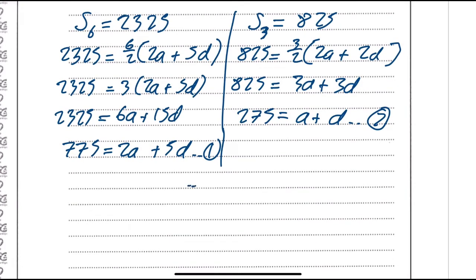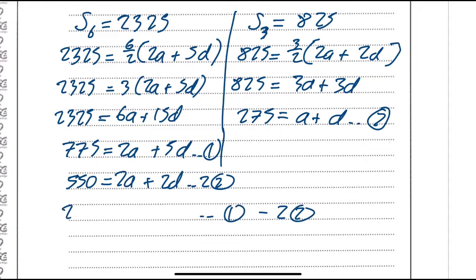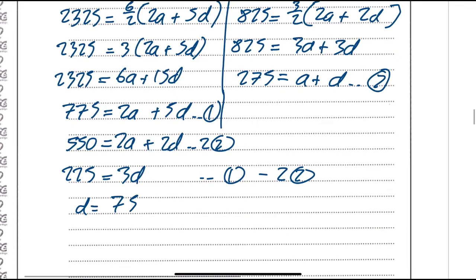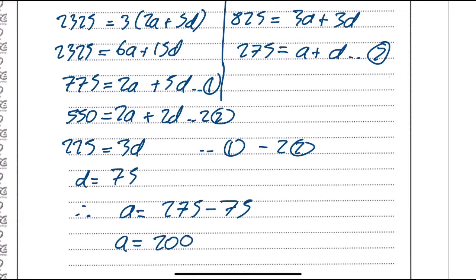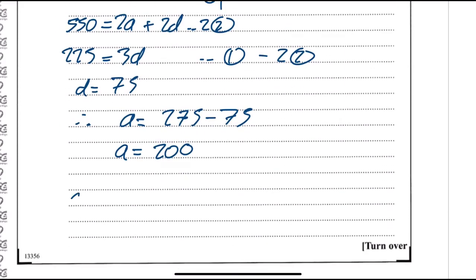I'm going to multiply my equation 2 by 2, and that's going to give me 550 is equal to 2a plus 2d, and then I'm just going to subtract, so do equation 1 minus 2 times my equation 2, which would give me 225 is equal to 3d. d then equals 75. Therefore, your a is equal to 275 minus the 75, so your a works out to be £200. So your answer, related back to the question, there were £200 for the first